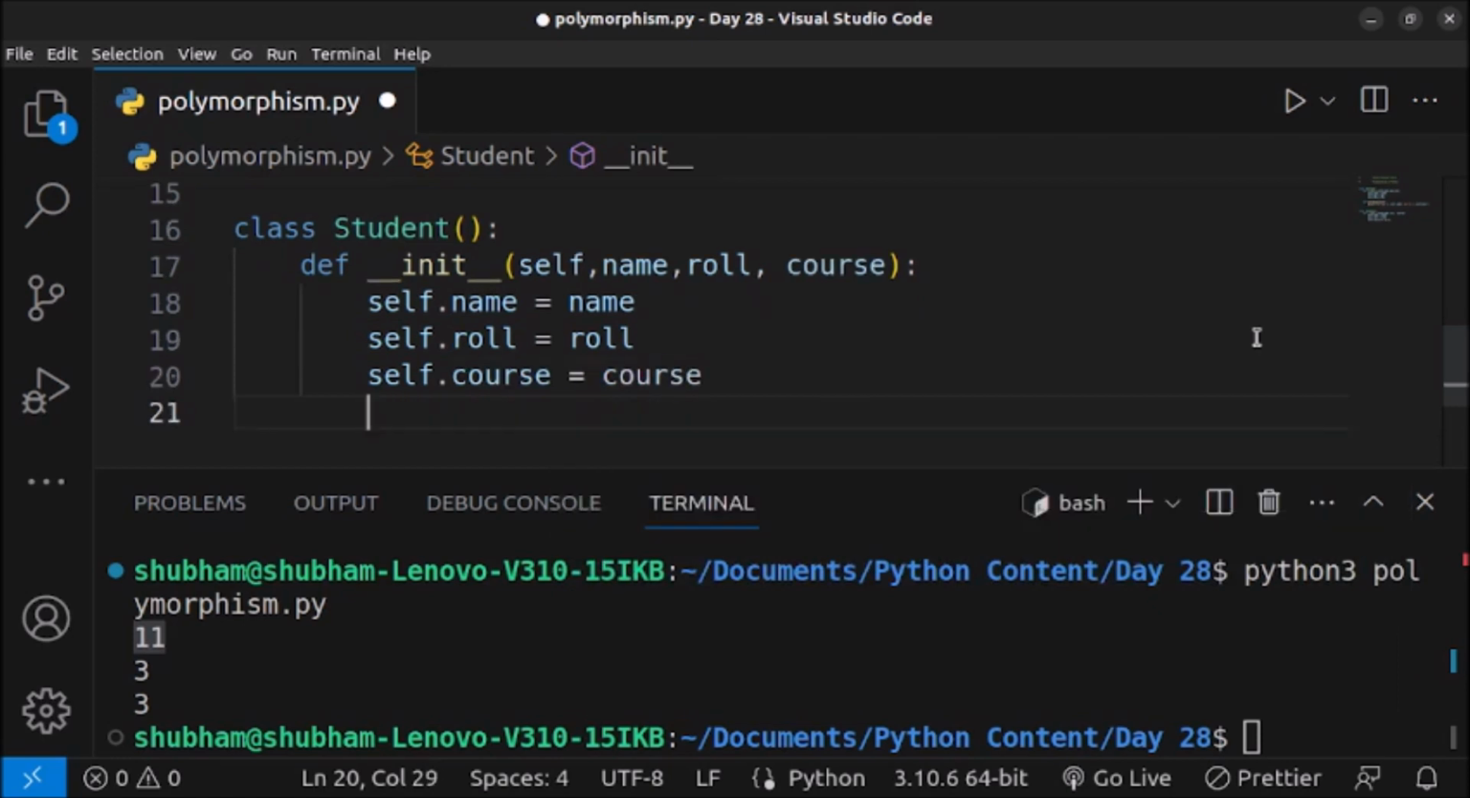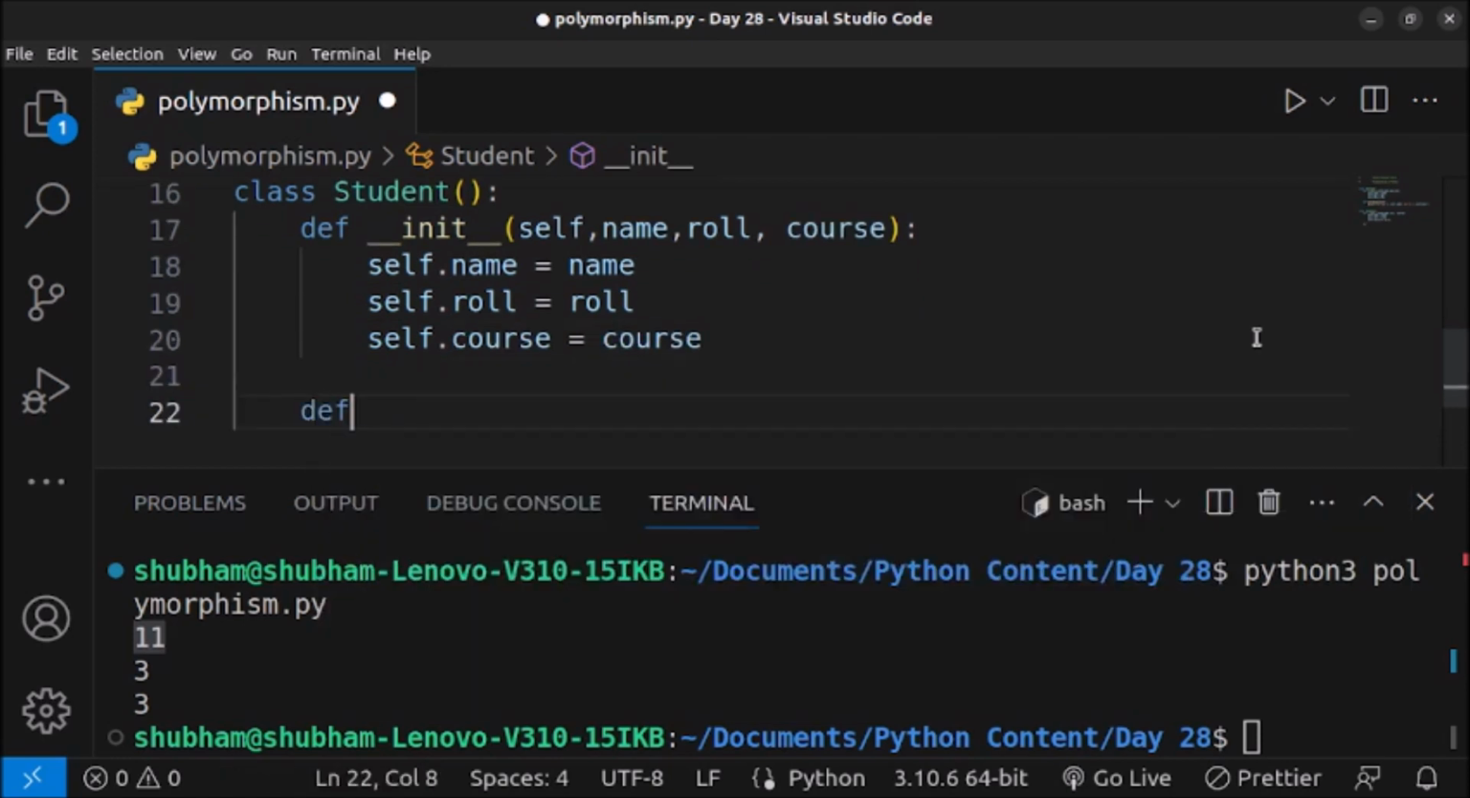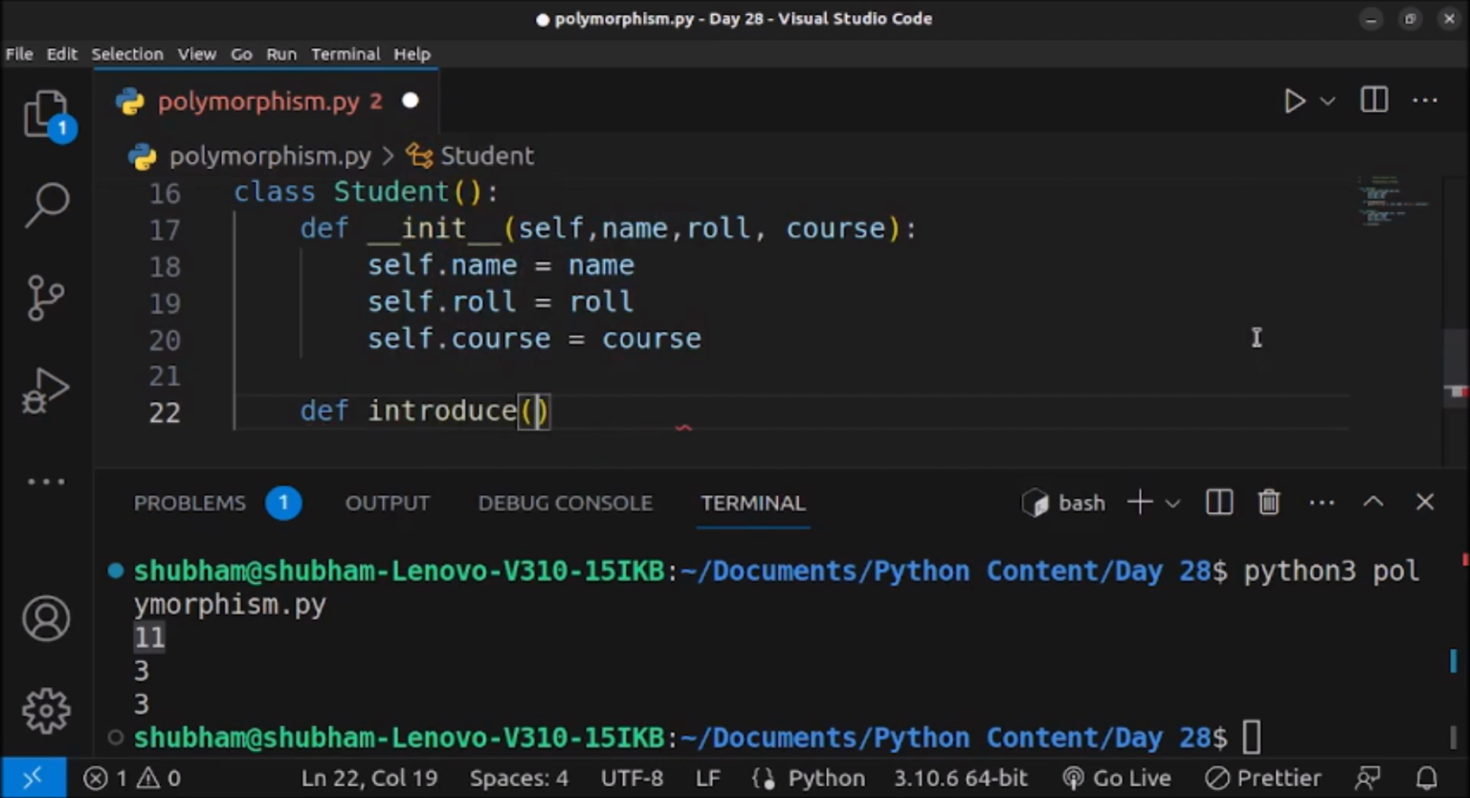And let's create a method here, and again we will use the same name because we are learning about polymorphism. Polymorphism means same name but different ways to execute. Or polymorphism means many forms. So let me create self, and here I will pass one variable which will be greet,